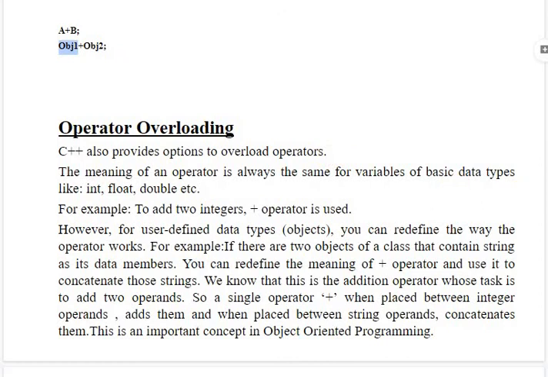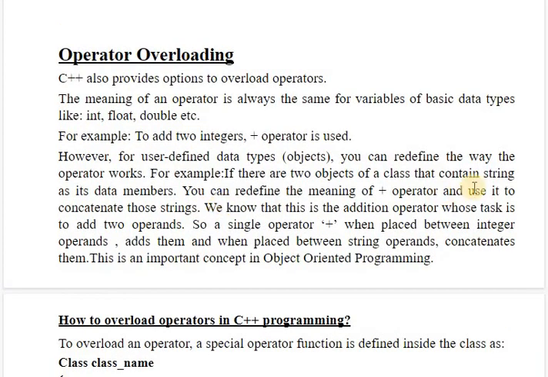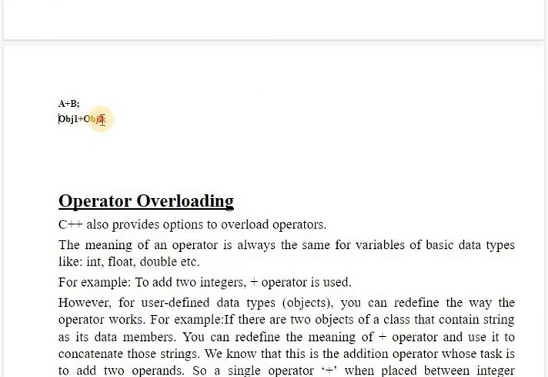The meaning of the operators remains the same all the time. It means that plus will always add two operands, minus will always subtract two operands. And if we add two strings, it will perform concatenation on these two strings. So for all such data types, the plus and the other operators, whether logical, relational or arithmetic operators, are all by default overloaded. But in case of objects, we need to write a separate function to implement statements like this.